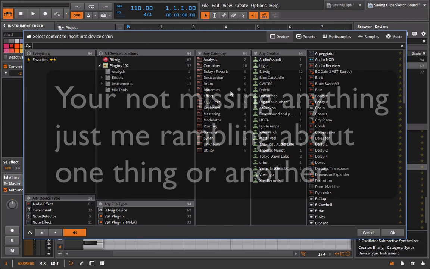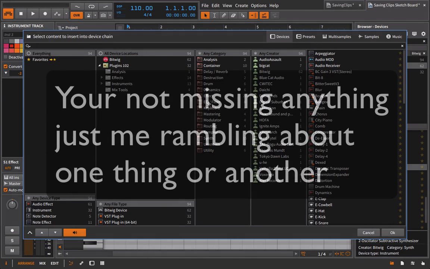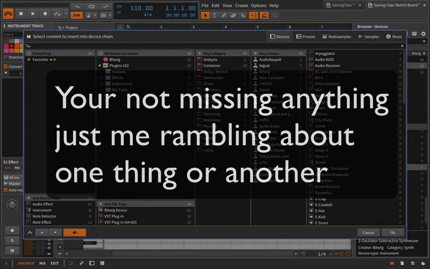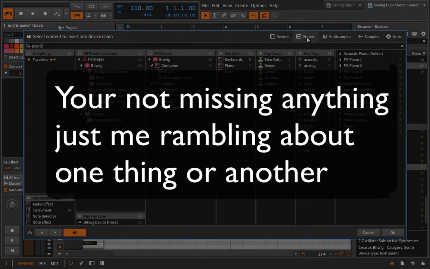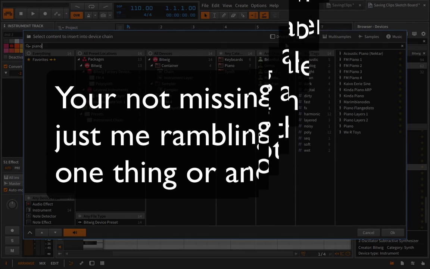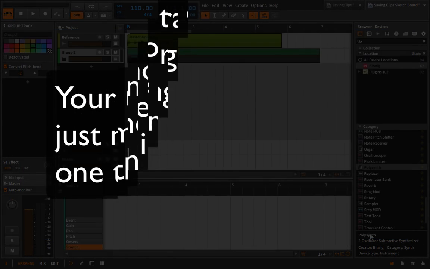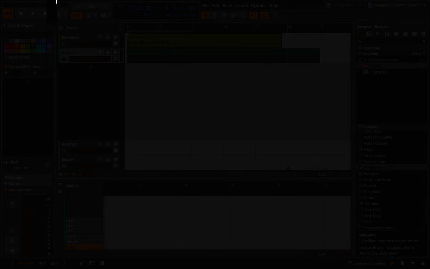I still do not use this browser thing at all. The only time I use it is when I'm looking for the piano, and I go into the presets, and then I get the piano. But that is the only usage where I use that thing, even though I know that